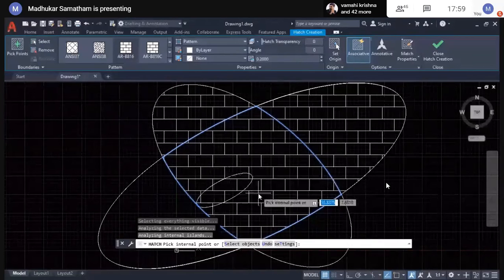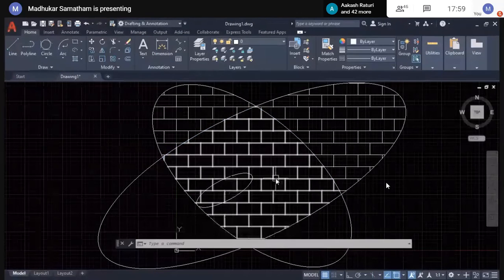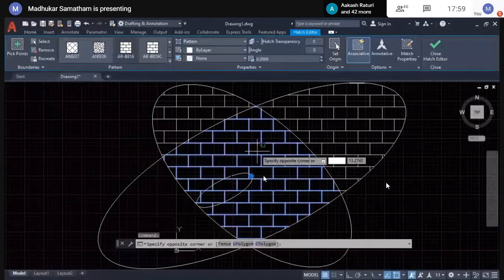So if that is a closed loop, then it will consider only the entities which are in the closed boundary, and only there it will create the hatch. If you have any open loop, it will consider this entire boundary as one boundary. It will subtract open loops. It will consider only closed loops.